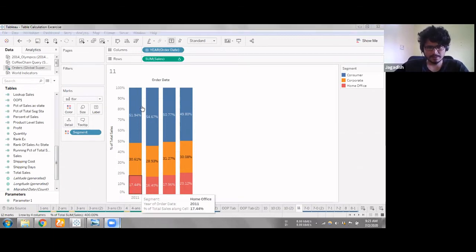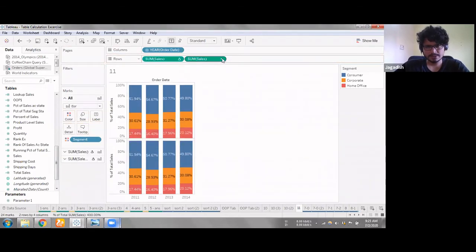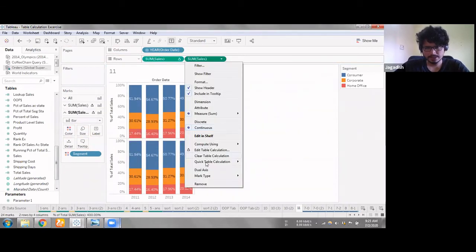So what it's giving me here is, of all the sales, the percentage values. Before it was giving me the percentage values, but it's not giving me that now. Okay, let me just do that as well. So I have here table calculation, compute using table down.